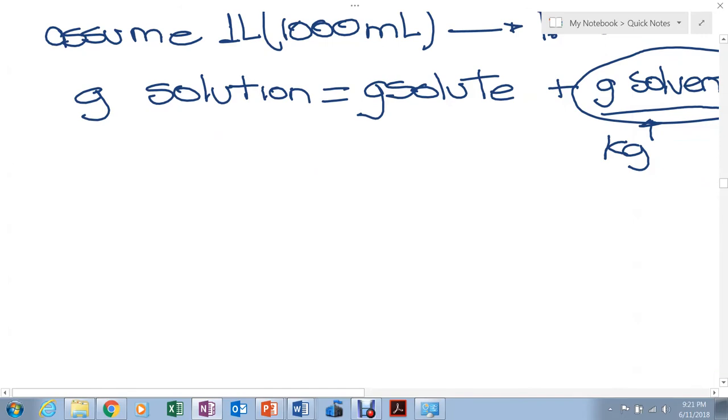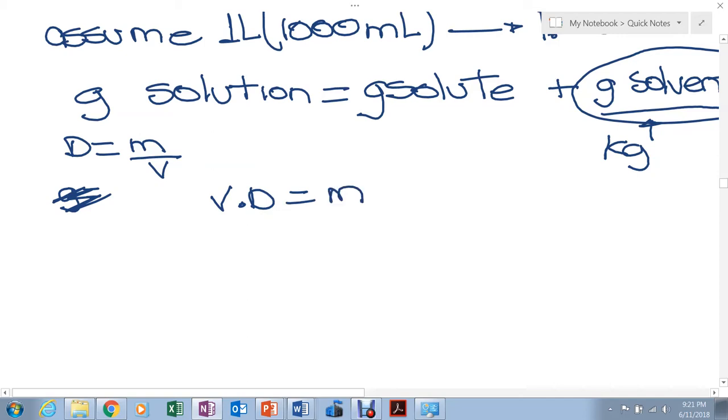If density is equal to mass over volume, then volume times the density gives you the mass. That's it. You multiply. So the mass or the grams of solution, be careful, is the density of solution, which is 1.08